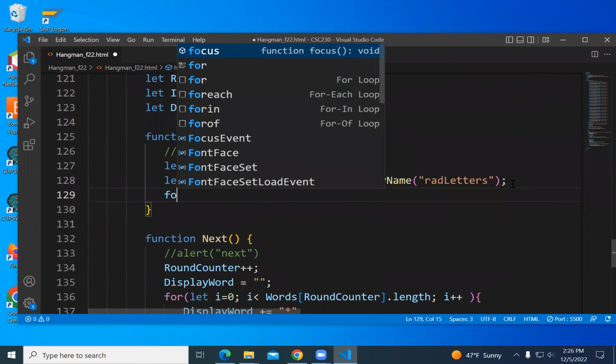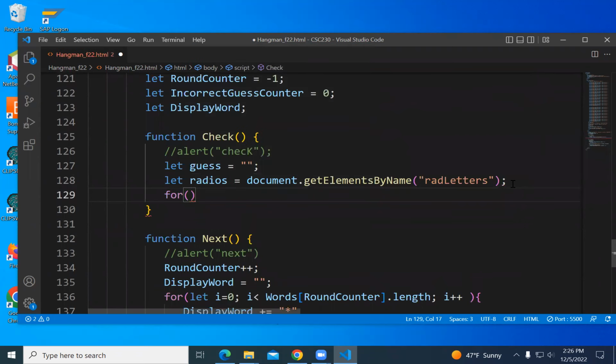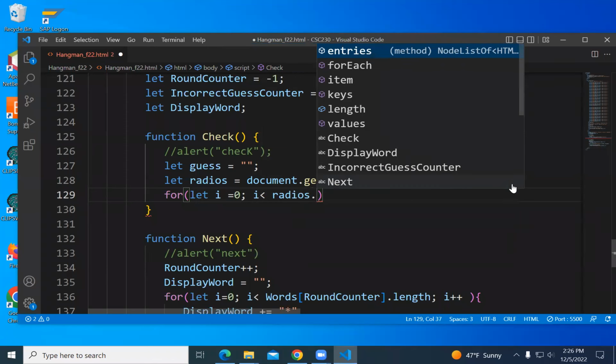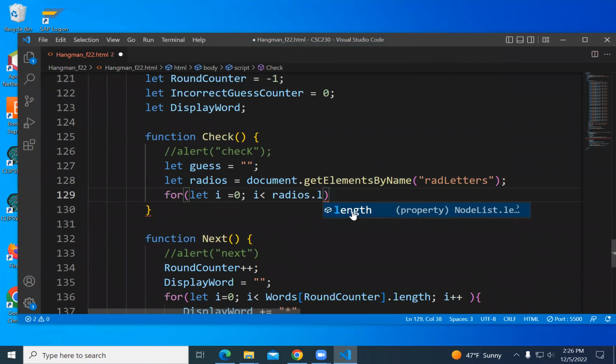And then we're going to loop over that. i equals 0, i less than radios.length, because that is an array, i plus plus.